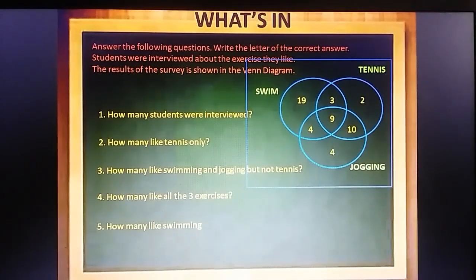But before we start, let's have a review first from our past lesson or topic. So here's an example or an activity. Answer the following questions. Write the letter of the correct answer. Students were interviewed about the exercise they like. The results of the survey are shown in the Venn diagram. So we have here swimming, tennis, and jogging. Question number 1. How many students were interviewed? The choices are: